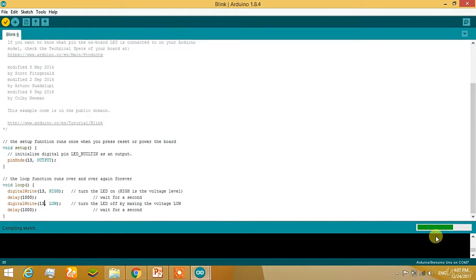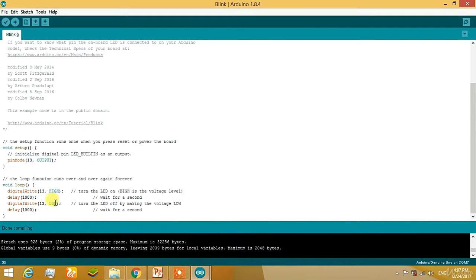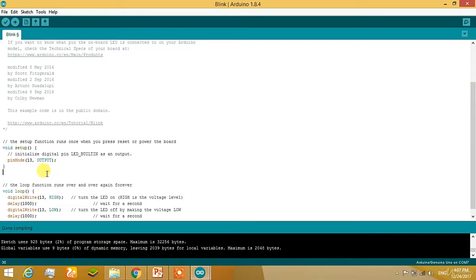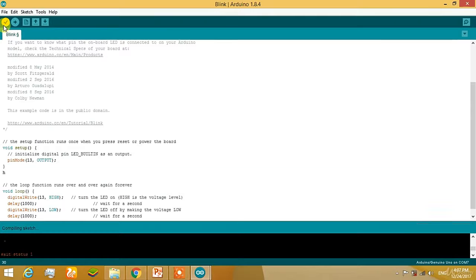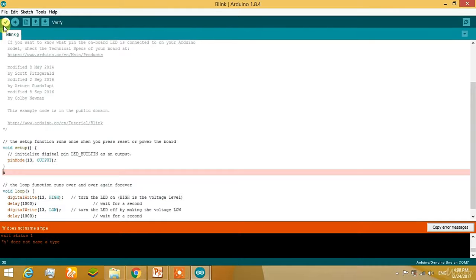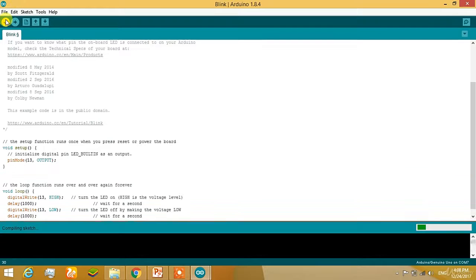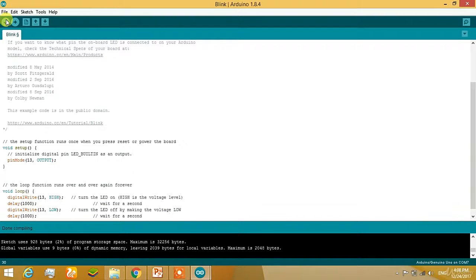If any error occurs, this green bar and this whole blue strip is going to turn orange. We will do that within a second. Okay, write a word here. Anything you can write. I have written the word H, and now we are going to compile it. It will show an error that it is not in the format as described, so we delete H. Now again compile it. We can see the compilation is done without an error.